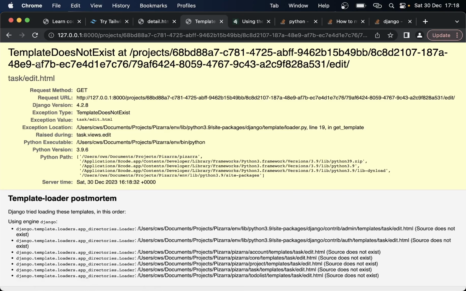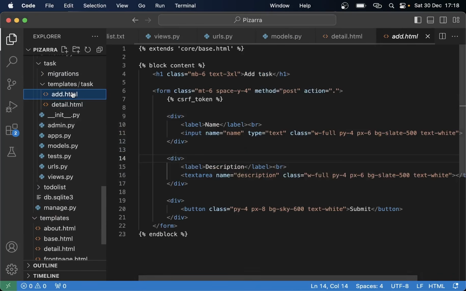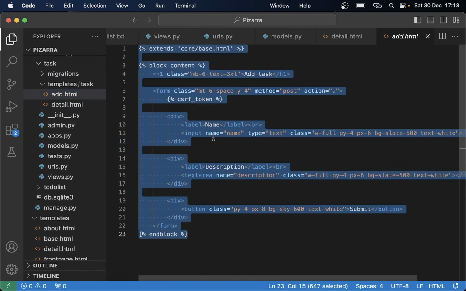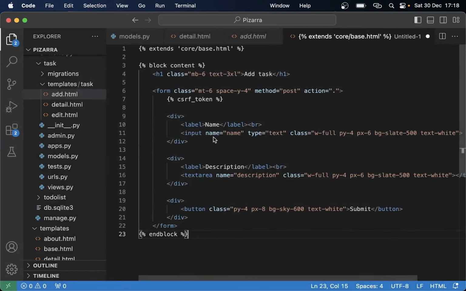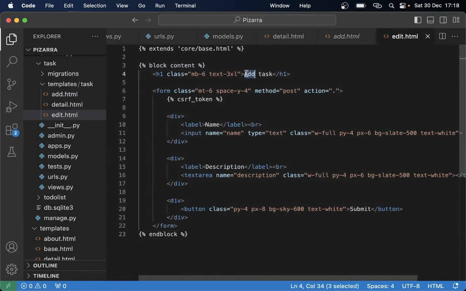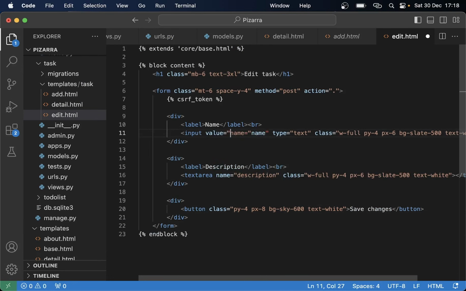Click edit. Now we get the template does not exist again. But let's make a copy of the add. Copy, paste, save as edit.html, edit task, save changes, and then we need to pass in the value. So value equals task.name,